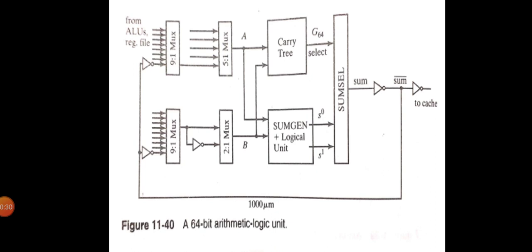The second 5:1 multiplexer on the A input performs a partial shifting of the operand, while the 2:1 multiplexer on the B input simply inverts the operand to implement subtraction. The adder executes 2's complement addition and subtraction on the operands A and B. Subtraction is performed by inverting all the bits of operand B using the 2:1 multiplexer and by setting the carry in to 1. The sum selection block not only implements the sum selection but also merges the output of the arithmetic and logic units. Finally, a strong buffer drives the loop back bus, which presents a large load to the ALU.